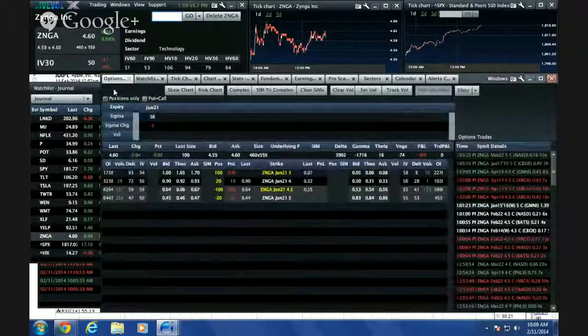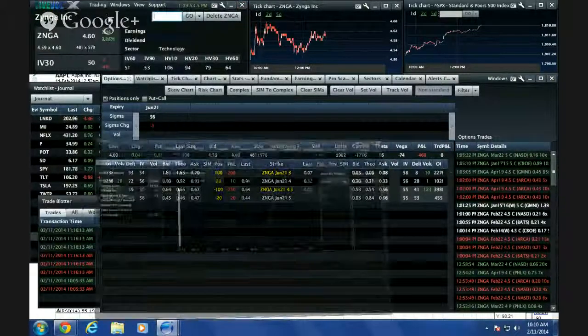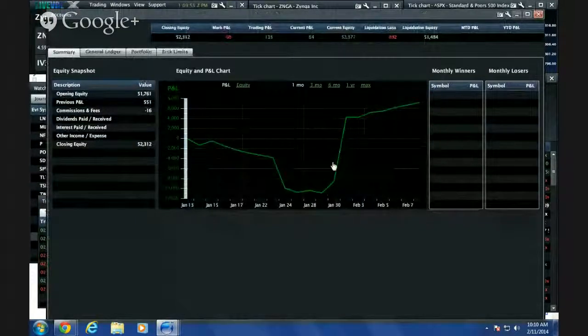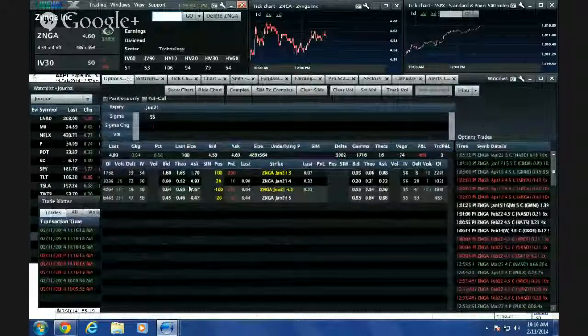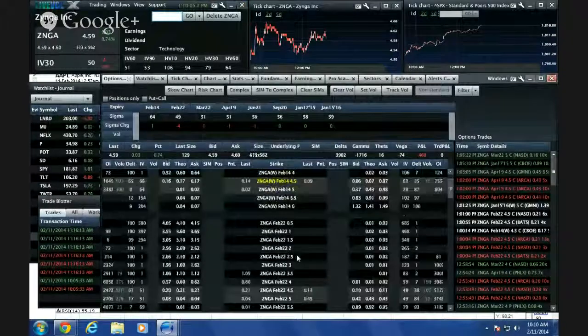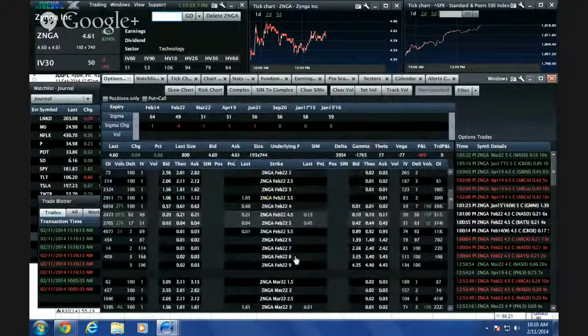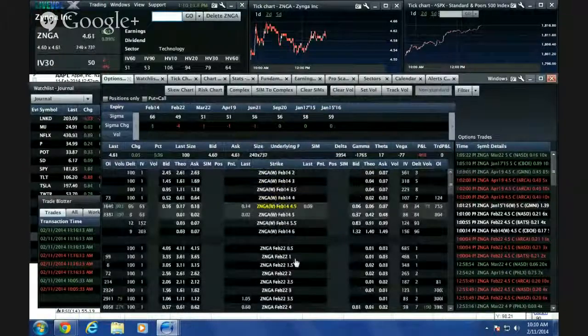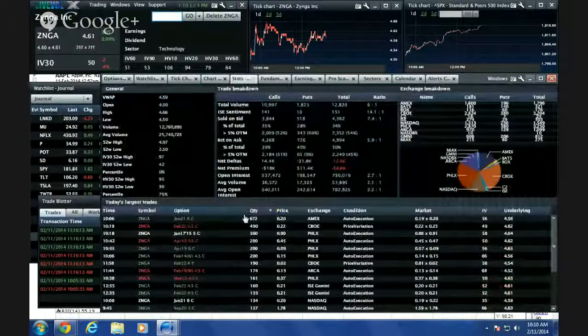So Zynga, I had this call spread, and I had a bunch of calls when it appreciated. If you look at my account, this jump right here was due to Zynga, because I had naked calls. Basically, I'm trying to figure out what my next action should be, and my general sense is, looking at the